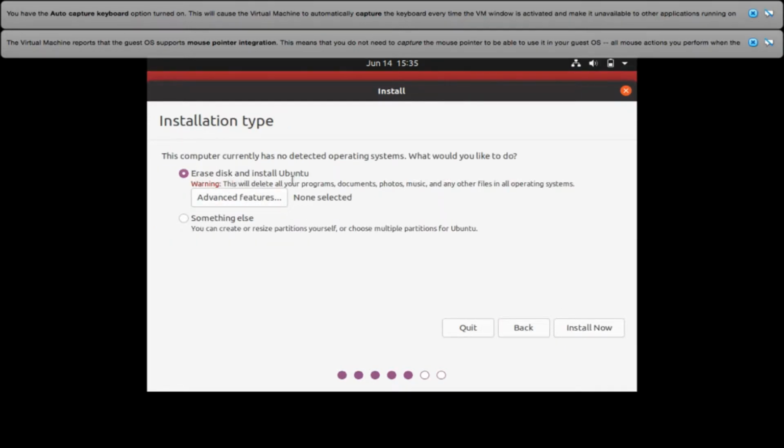Okay, now you may think, what is this erase disk and install software? Don't worry, as I told you, this VirtualBox will create a virtual environment in your system. So this disk will also be a kind of virtual disk of size 30 GB, which we selected while making this virtual environment. And this 30 GB will be taken from your free storage. So it will just erase the 30 GB from the free storage and then install Ubuntu, because that's how we generally install the operating system. We first clean or erase and then do a fresh installation. So click on install now.